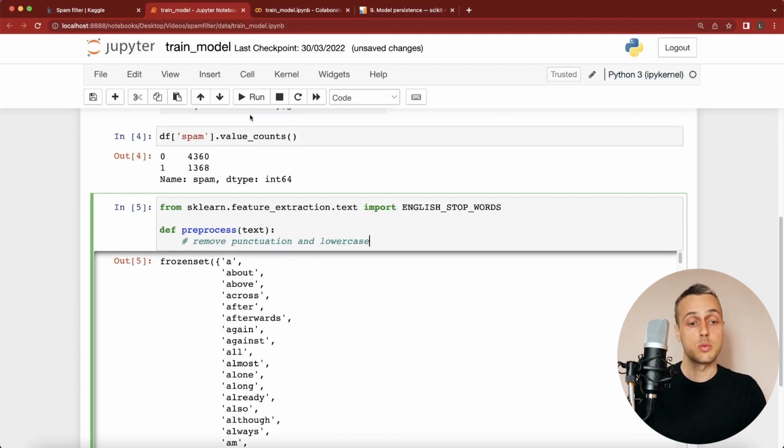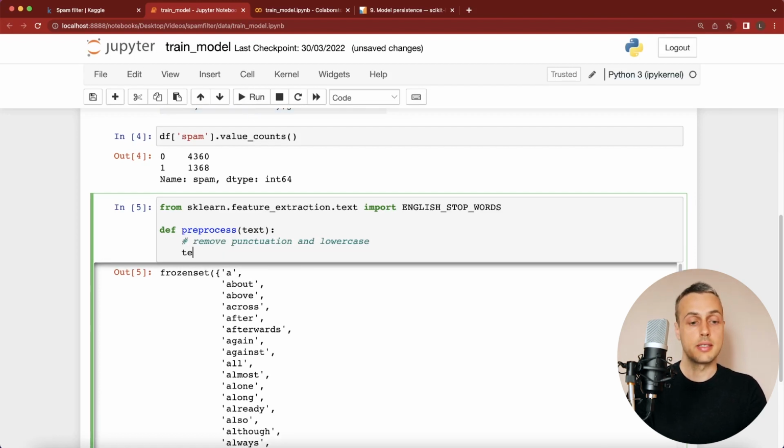Now the first step is we're going to remove the punctuation, and we're going to lowercase that text. So on a new line, we're going to reset the text variable that's coming in as an argument, and we're going to say it's a string.join, and to that we're going to pass a list comprehension. So we're going to say t.lower, which will lowercase the text, and we're going to apply that to each character in the text. But we also want to filter out the punctuation, so we're going to say if t not